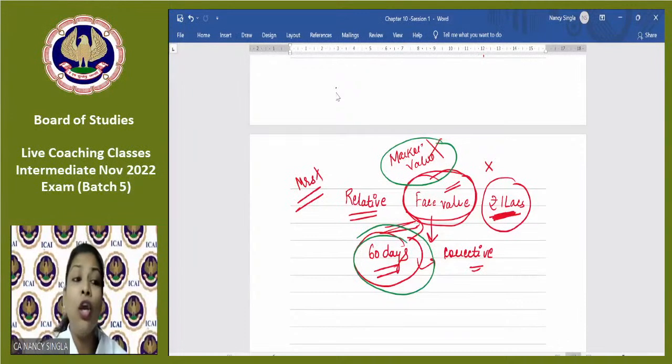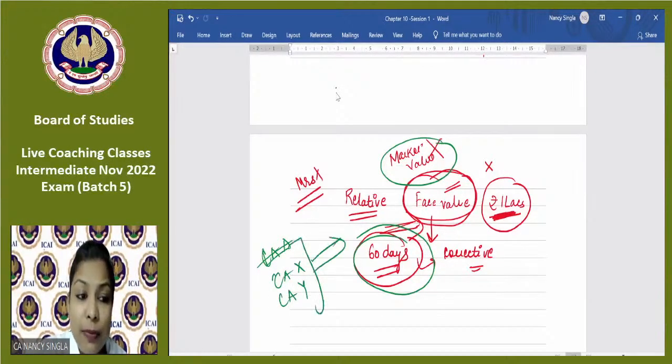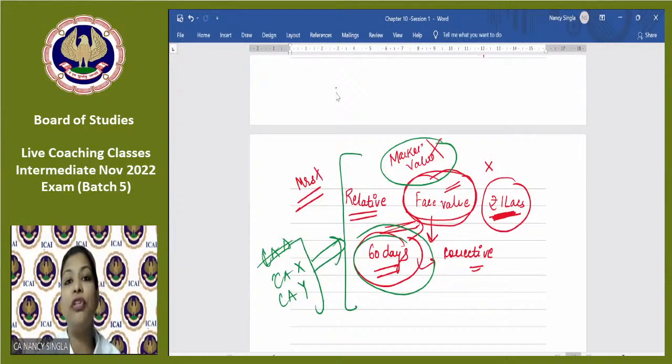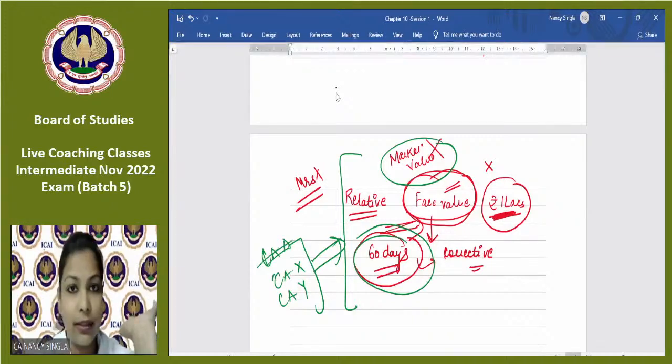Okay? So if Mr. X, in our case, that is CA X or CA Y, that is the partner, these provisions are not applicable for CA X and CA Y. So that is the person himself or his partner. So if they hold the security in either the company, the holding, the subsidiary, the associate or the subsidiary of the holding of even rupees 100, there will be ineligibility of whom? Of CA X in our case. Okay? Is it clear? Is it clear?